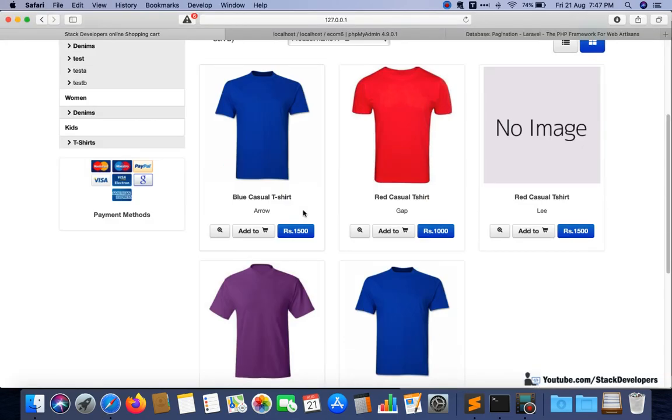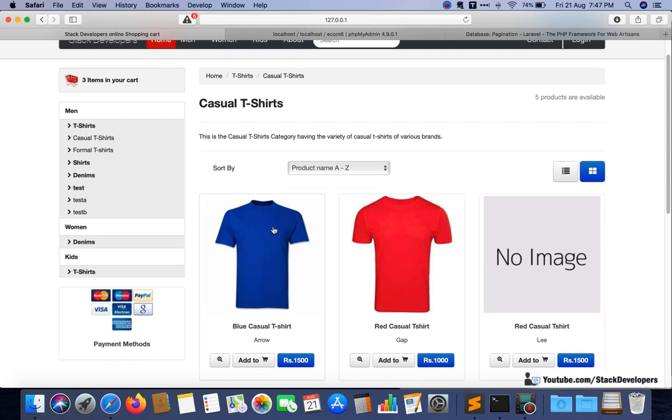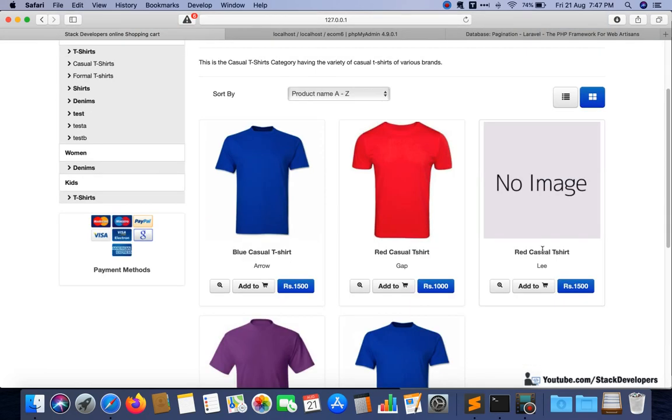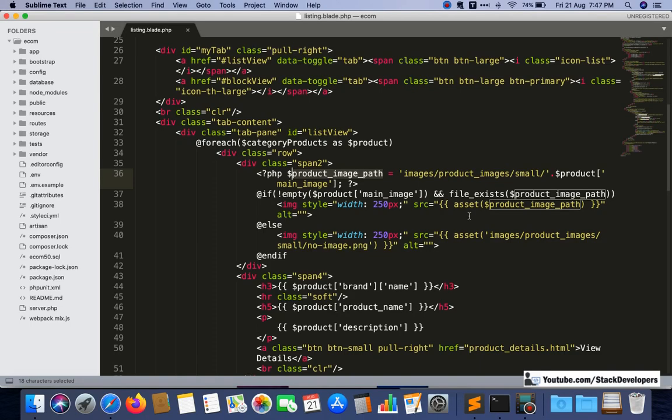I will also open it here. See, images are not mandatory. No image is coming if the image is not there in the folder, or the main image does not exist. But the path we are setting, the product image path, we don't know whether the product main image is there or not.